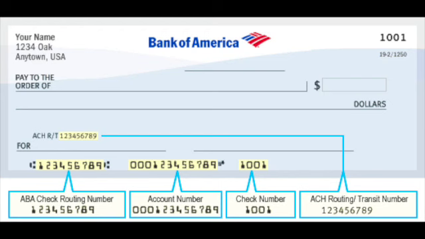The ABA routing number is a 9-digit code usually used in the United States that appears at the bottom of negotiable instruments, such as checks, to identify the financial institution on which they were drawn. The ABA RTN is required for Federal Reserve banks to process funds transfers from Fedwire and the automated clearing house for direct deposits, bill payments, and other automated transfers. And our routing number does not correspond to a particular type of account, and for this reason, it can be applied to checking, savings, and other account types.